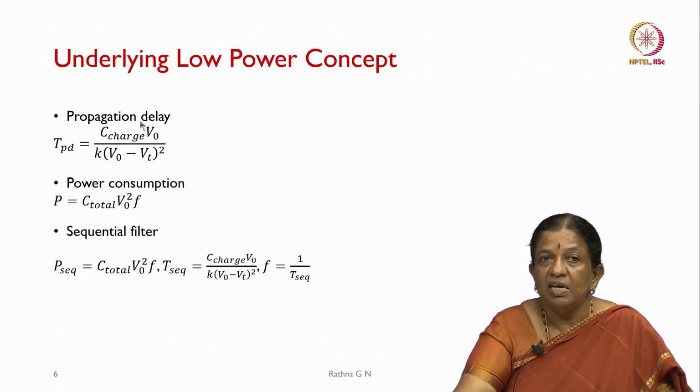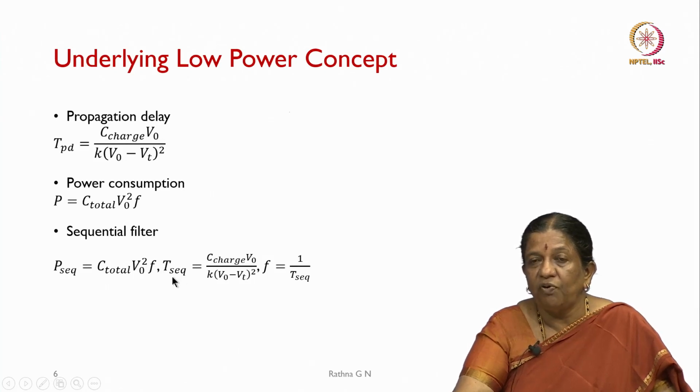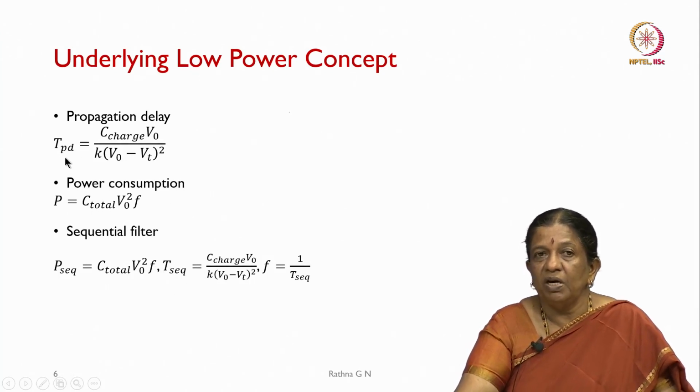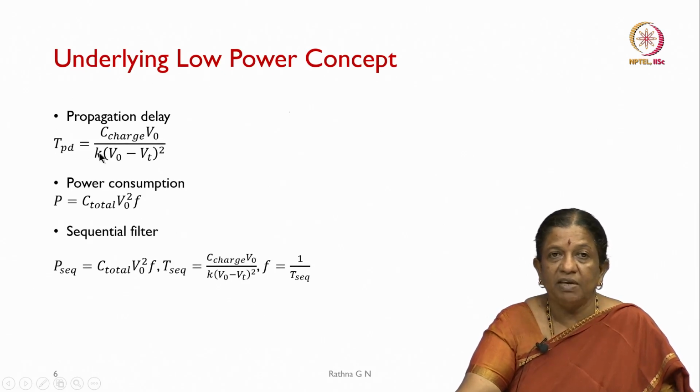For the sequential power consumption we call it C total V naught square into F, where T sequential is our clock period for every bit of data. Then our propagation delay PD is given by C charge,